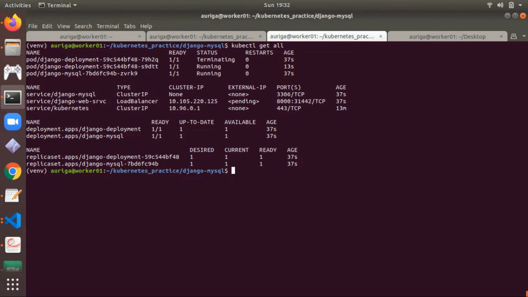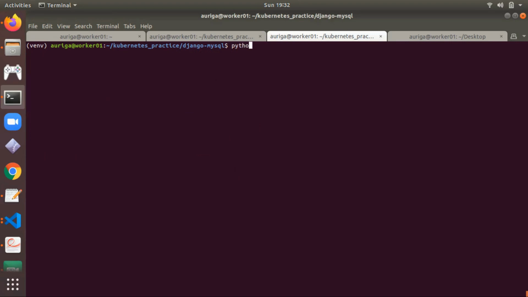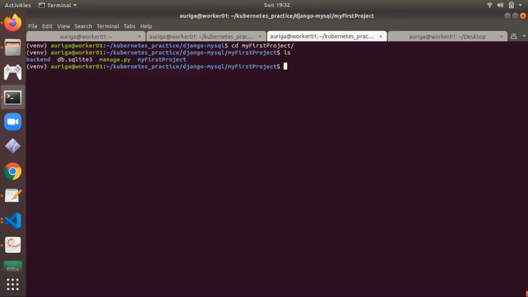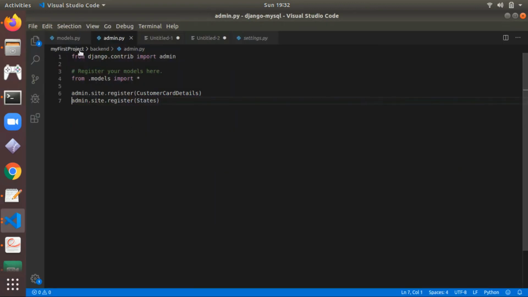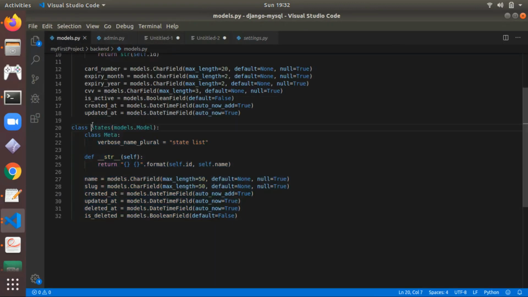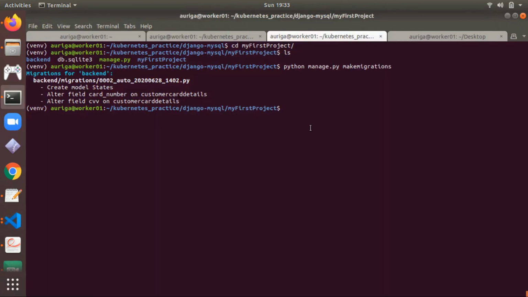Let me create migrations also. cd my project, python manage.py makemigrations. This is the command to create migrations. So we can see create model. So the migration for this table is created.